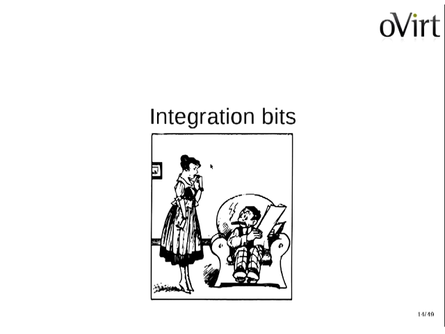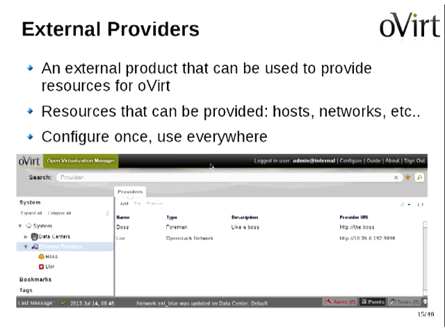So let's talk a bit about the integration, how we did the integration. First of all, we added the concept of external provider. So what's an external provider in oVirt? It's something that didn't exist before. It's an external product that can be used to provide resources. The types of resources are hosts, networks, images for Glance, and in the future we can add more and more resources